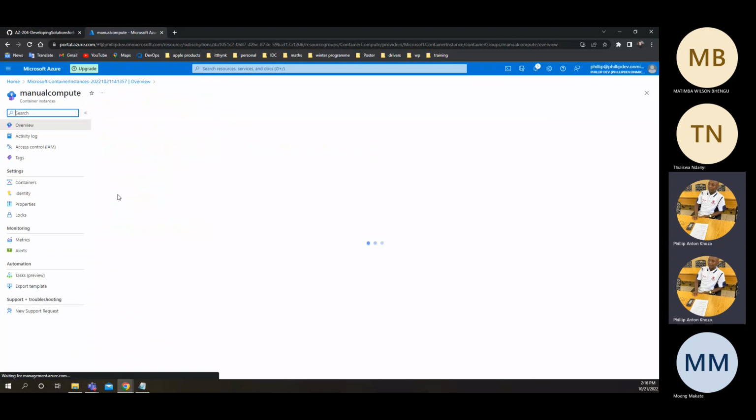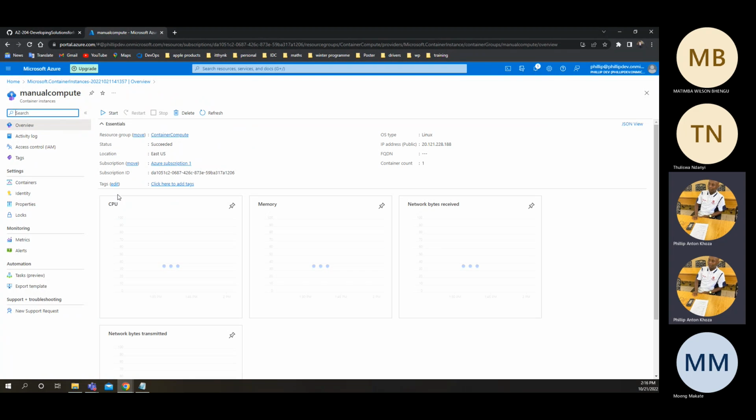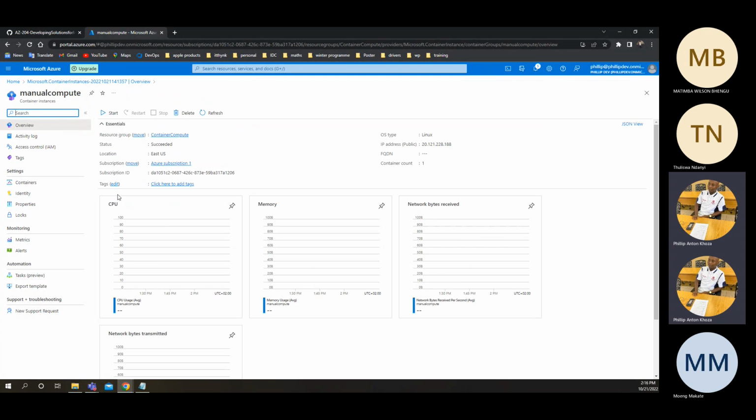Well, I can just say go to resource instead of going back only to come here. Remember that our small console application was only to display the IP address. So if we go to the logs now, we should be able to see that IP address